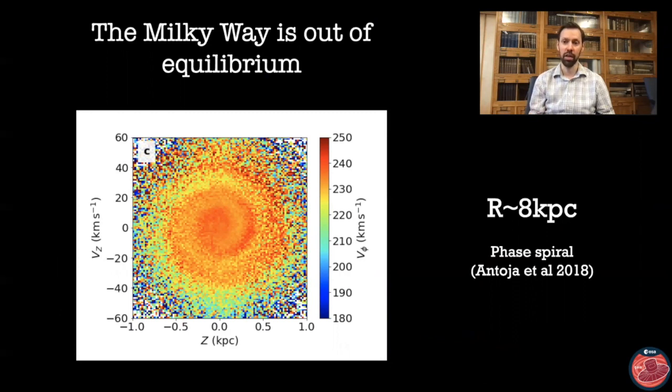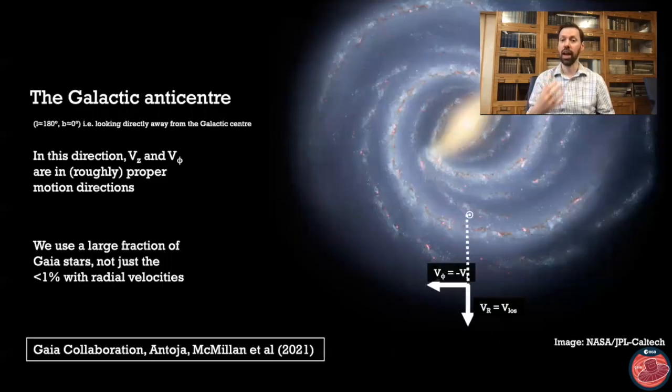In 2018, where they showed that there is this phase spiral, that in the solar neighborhood, the rotational velocity of a star depends on the vertical position and vertical velocity of that star in a way that forms this neat spiral pattern. What we've been able to do since then is look at how this also manifests in other parts